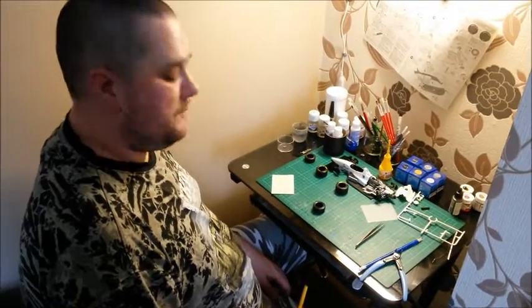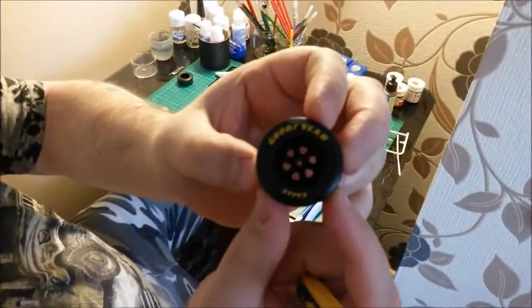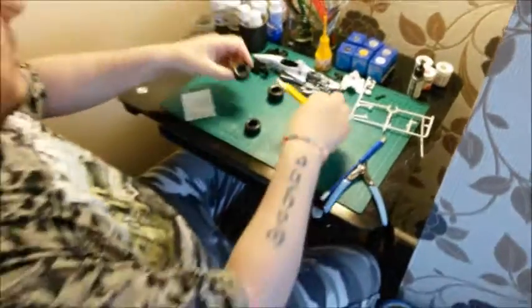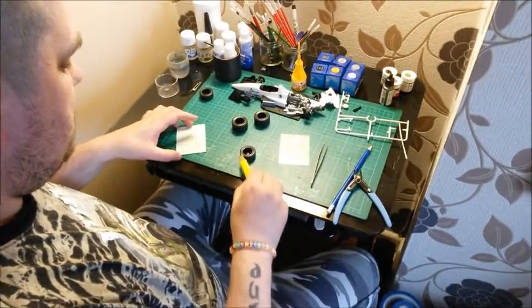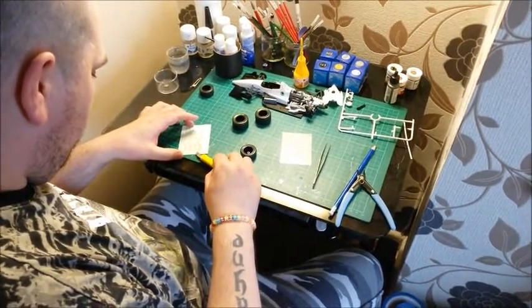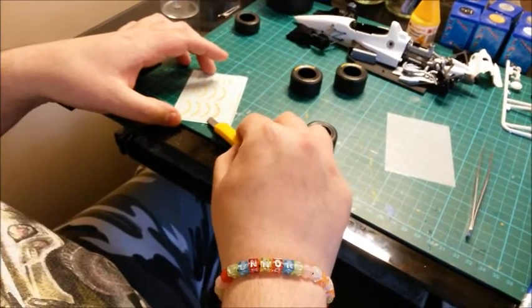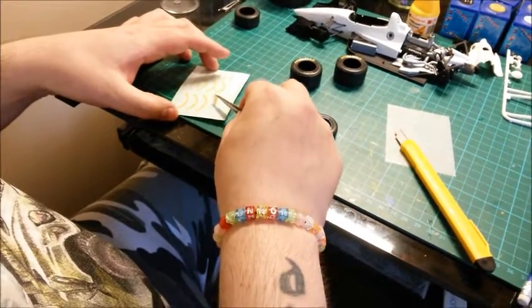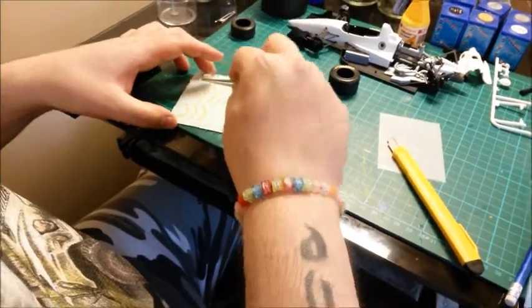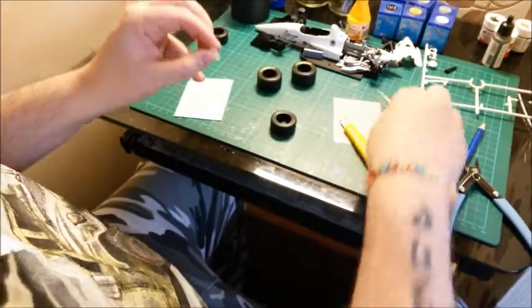Right, hey guys, welcome back. Now, as you can see, I've started to put the Goodyear decals onto the tyres. With these decals, you take the sheet off very carefully, put a bit of moisture on, clean up the tyres, then get your knife and go under very carefully, just to lift that decal slightly, and get your tweezers and very gently pull it off. As you can see, the stickiness is on the Goodyear side, the actual underneath. So then you get your tyre